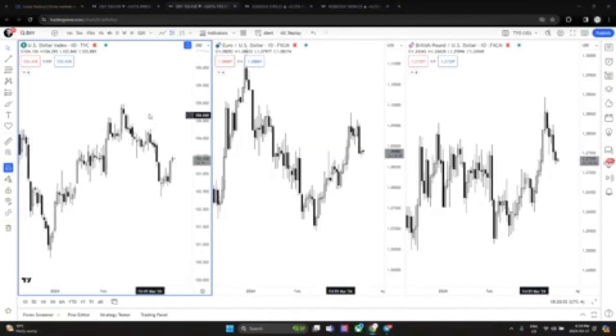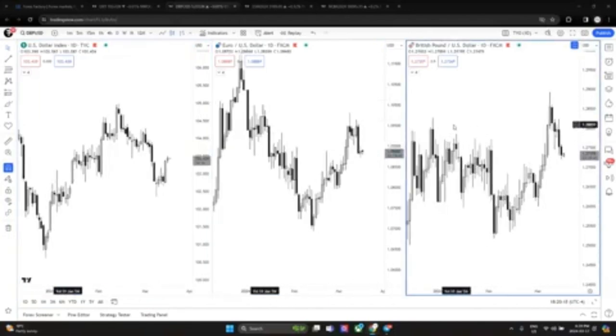Here, you guys can see the daily time frame for the US dollar index, Euro USD, and the Great British Pound. So last week, and we did get this correct, by the way, we already noticed that we had a higher time frame sequential SMT, right?